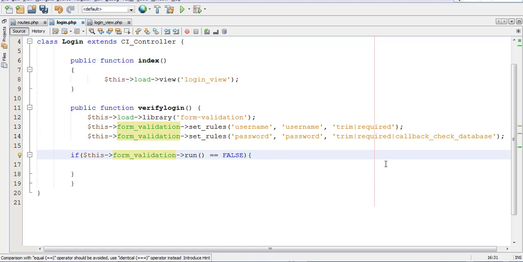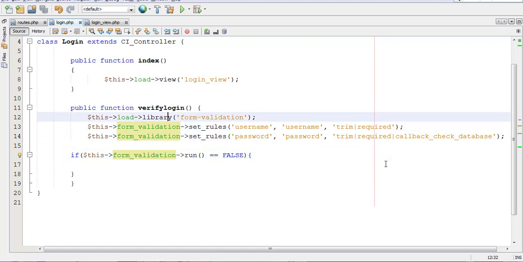Validation. Okay, and form_validation, not hyphen. So I correct it: if form validation run is equal to false, then